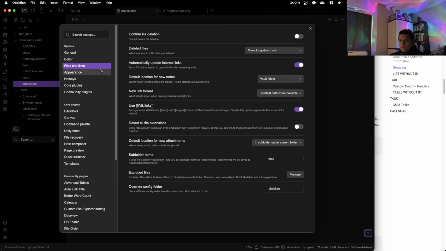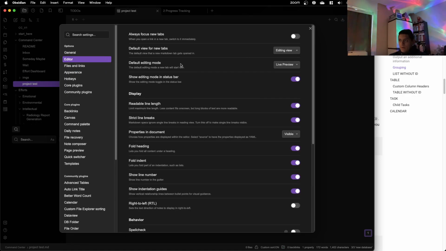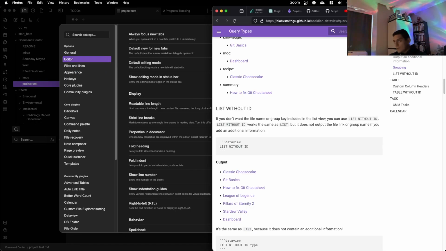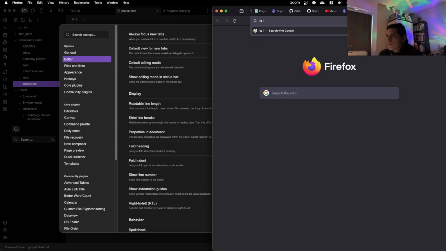Appearance, editors, readable line. Only some.